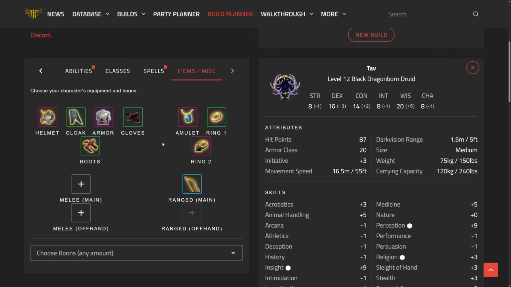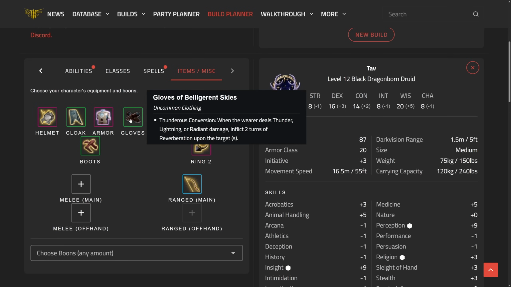But some things that are quite good that I don't actually have in this playthrough are the Gloves of Belligerent Skies. When the wearer deals thunder, lightning, or radiant damage, inflict 2 turns of reverberation upon the target. By the time you get these gloves, you'll be just around the point that you'll get access to doing that radiant damage. So these are huge. They stack so well with Open Hand Monk. Honestly, it trivializes Honour Mode, having an Open Hand Monk with all of the reverberation abilities stacked on, because